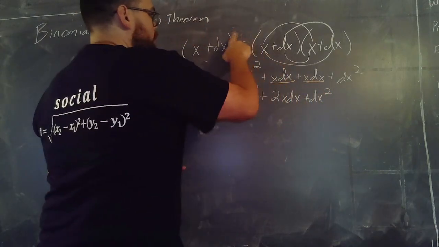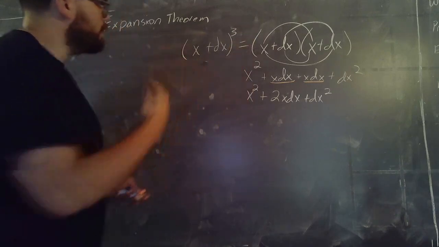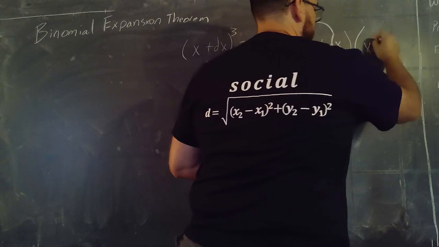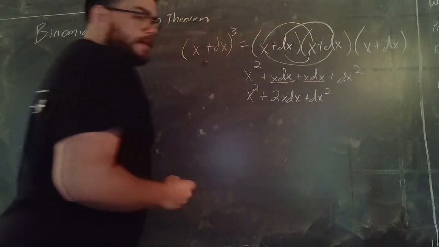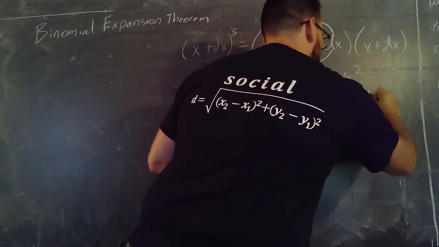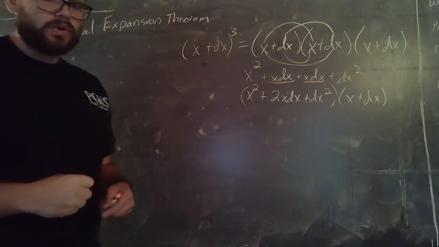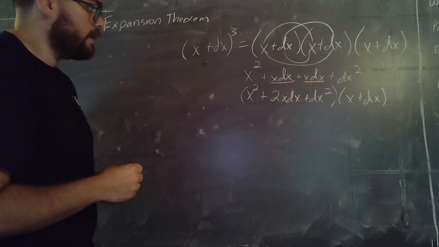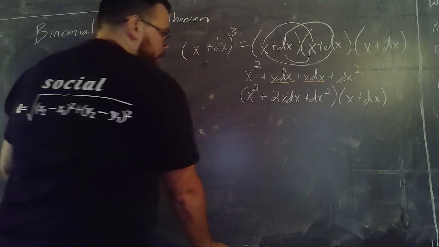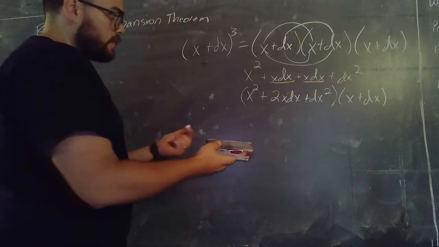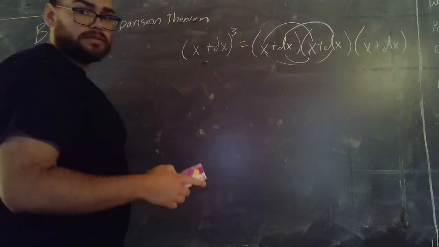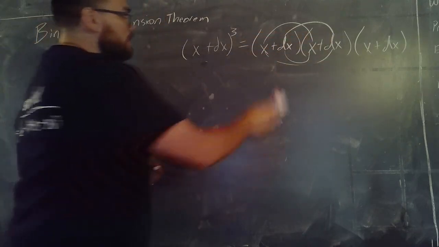Right? What if this wasn't x squared? Or what if this was x plus dx to the third power instead? Well, then we'd have another set of parentheses over there, and then this right here, you'd have a whole bunch more lines to connect those multiplications. Well, there's actually an easier way. It's quicker, and we're fixing to go over that, right? And as this number increases, this gets harder and harder. So let's